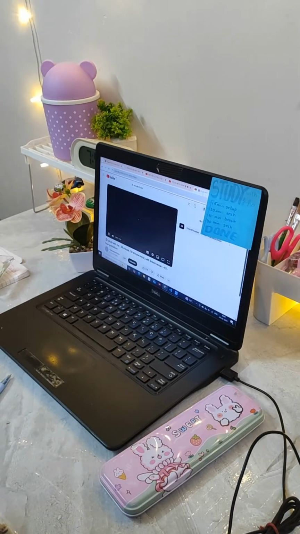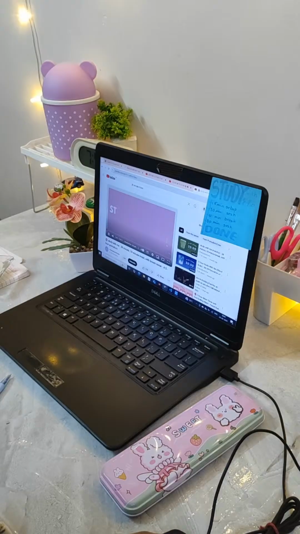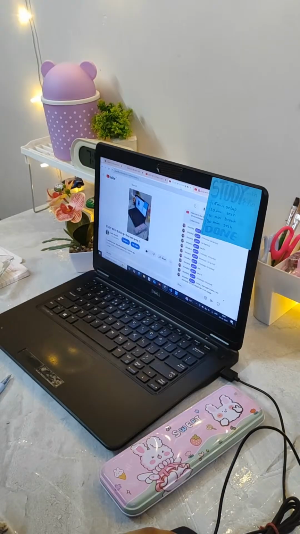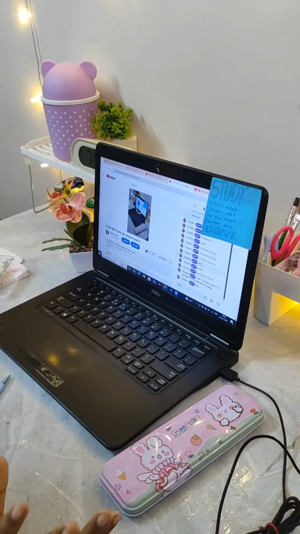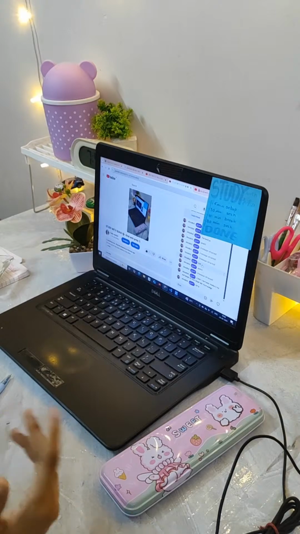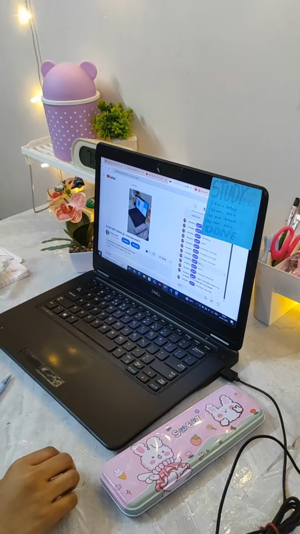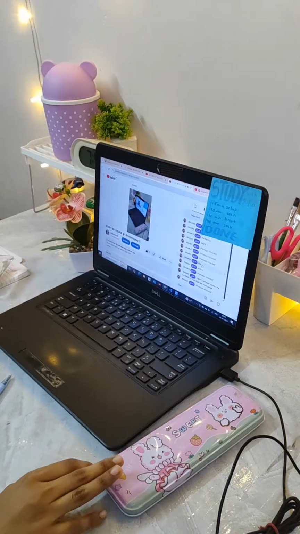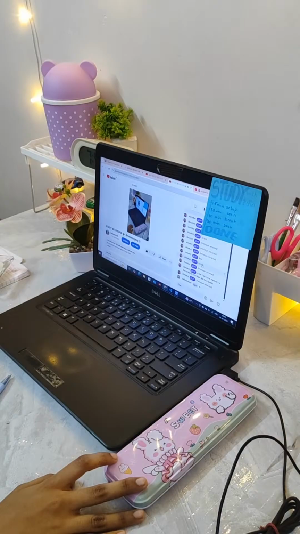So this is the timer that I'm choosing. You guys can study with me, or you can just focus on something, or you can even just write or read something. You can do your diary with me. And yeah, what I am going to be personally studying is physics. I know, not a really great subject.